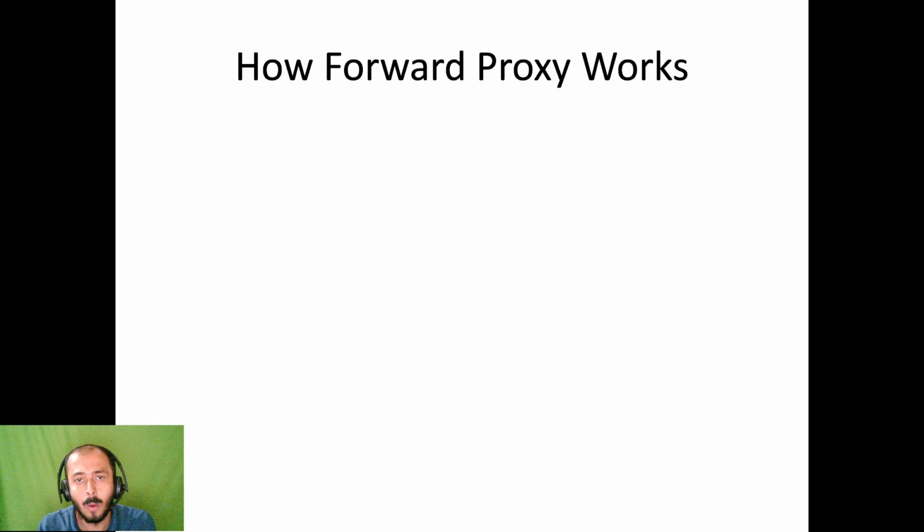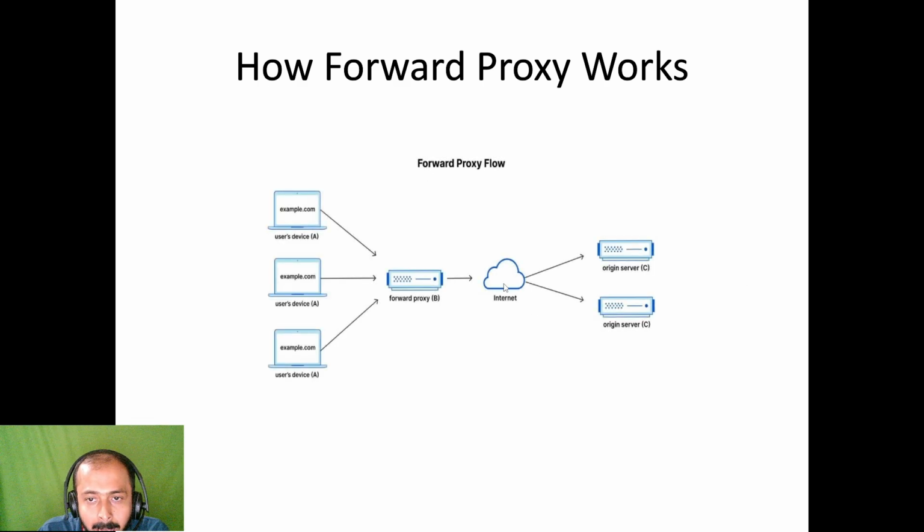Now we'll see how the forward proxy actually works. I already have a diagram for it. As you can see in the diagram, I'll start from the left-hand side. Here all the users are there who need some request or need something from the server. First they'll reach out to the forward proxy, and then the forward proxy will generate an IP for the client, and using that particular IP, it will talk to the internet,